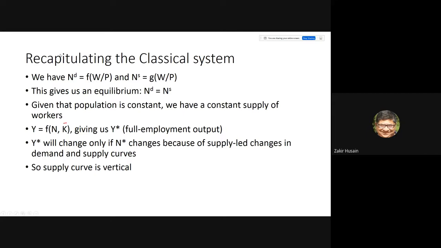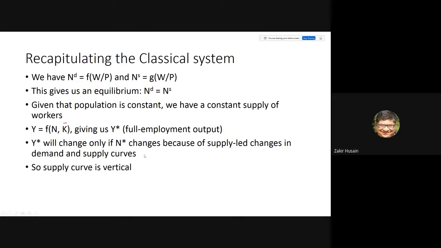Now, if we have equilibrium in the labor market, then there is no unemployment, and the resulting output level, which we call Y star, is called full employment output. In the classical model, one of the most important features is that the equilibrium occurs at a full employment level. So there's no unemployment. We will come to this more later on towards the end of the class, why we always have full employment.